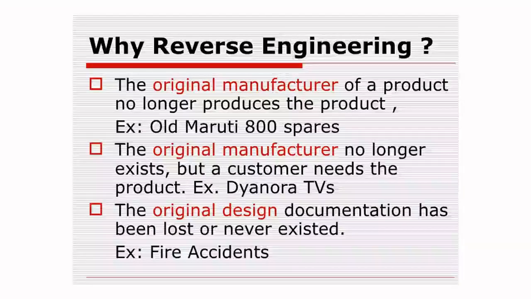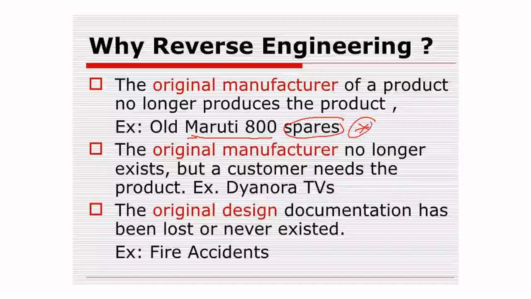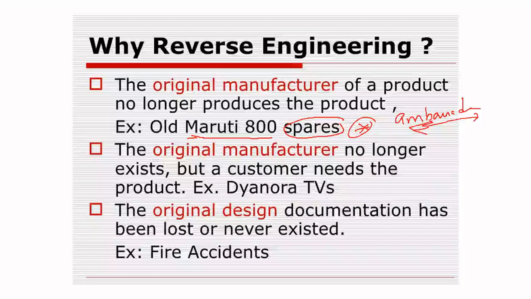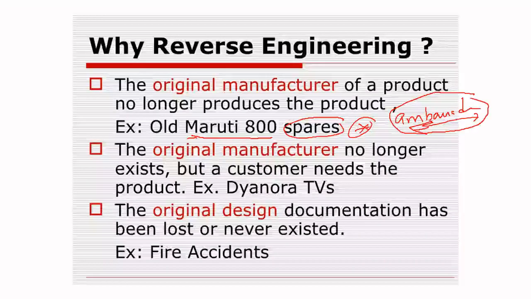Look at this. The Maruti 800 is there, but spares are available. And some people, even with the Ambassador car, feel it is their passion to drive an Ambassador car. Some people feel like they belong to this particular version of the Ambassador car, but the spare parts may not be available from that particular company. So what we do is, for example,